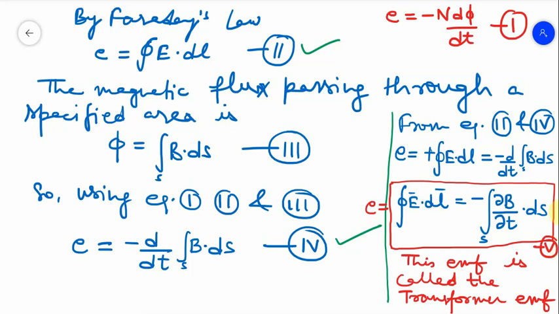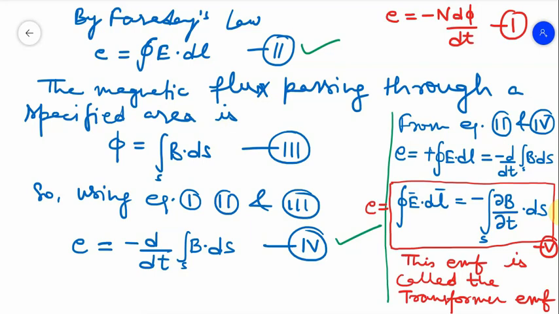Now it is clear that the magnetic flux density is the only quantity varying with time. See, del B upon del t means that magnetic flux density is the only quantity which varies with time. Magnetic flux density एक ऐसा quantity है जो time के हिसाब से vary हो रहा है, change हो रहा है. So we can use partial derivative to define the relationship as B may be changing with time. ये B जो है time के साथ change होगा. That's why we have to represent it with the partial derivative. So till transformer EMF we have derived.